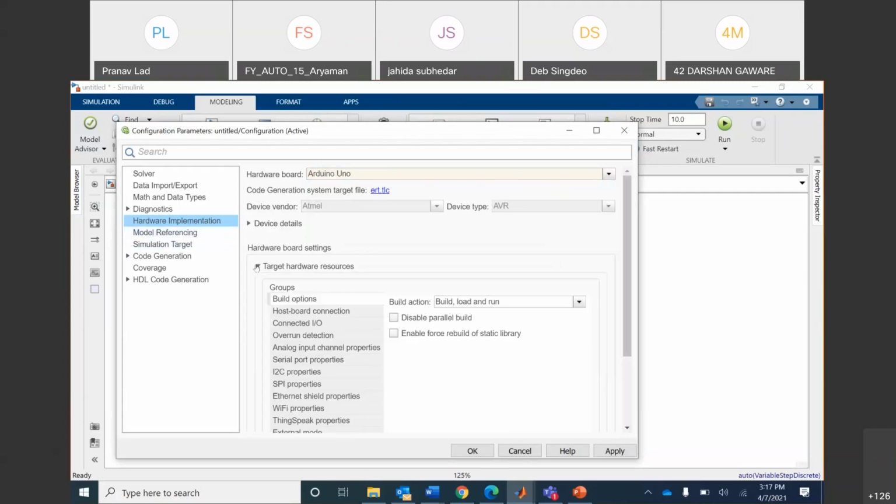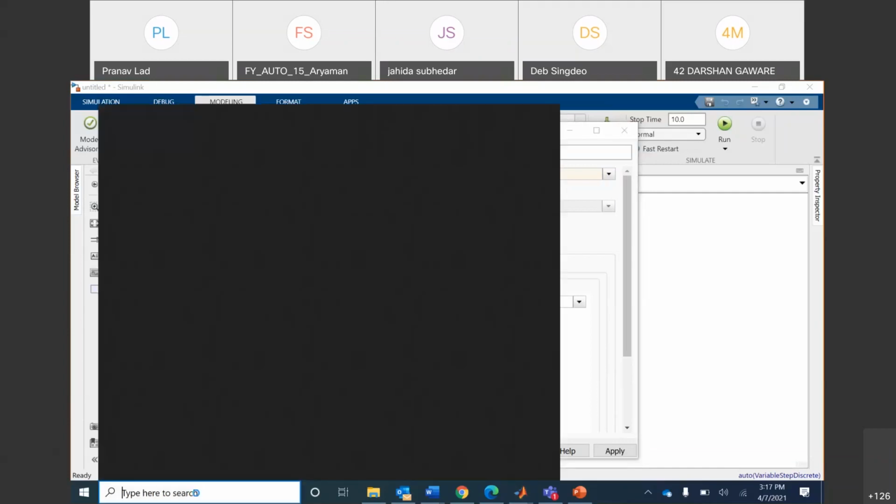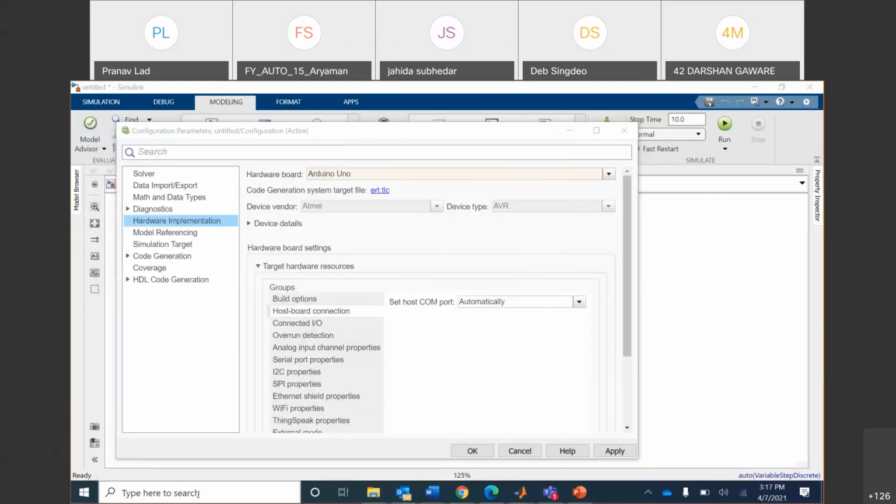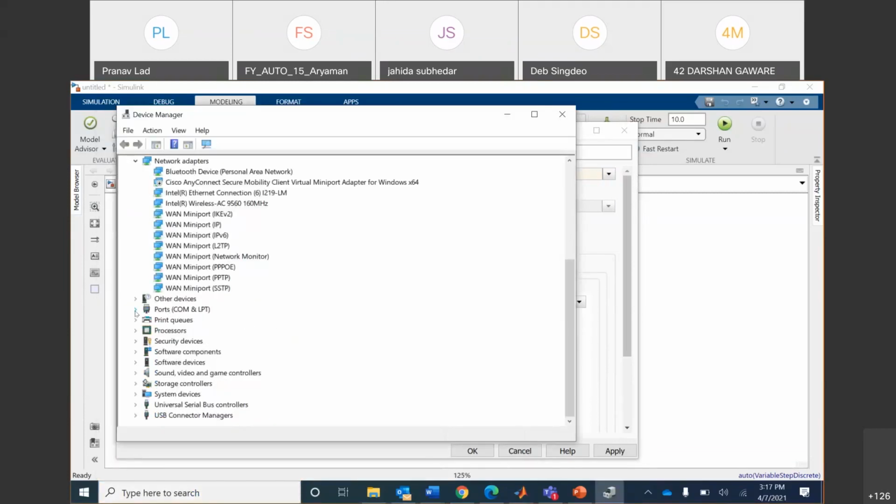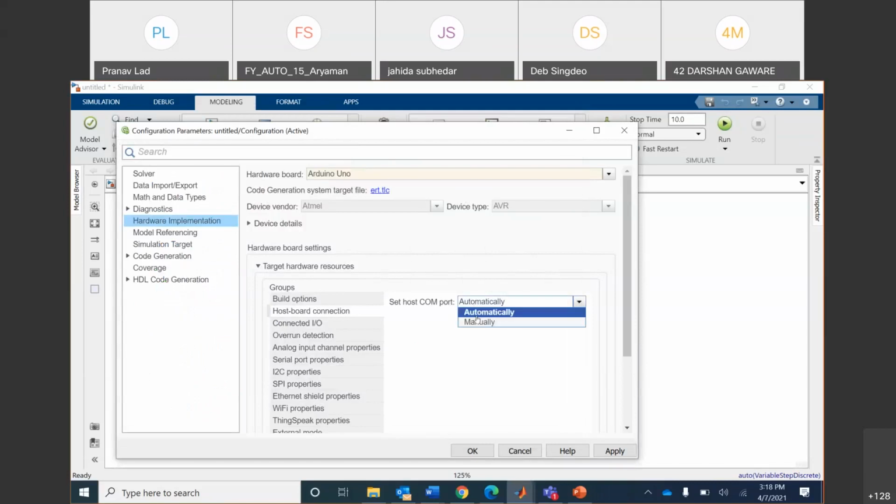Another thing is we need to define our COM port, the USB port of the laptop that the Arduino is connected to, right? If you're not sure which port that is, you can go to your device manager and see. So you see here the USB serial device. COM4 is the port where our Arduino is connected at this point. So we need to define that. It's better if you define it manually. It was COM port number 4, right?